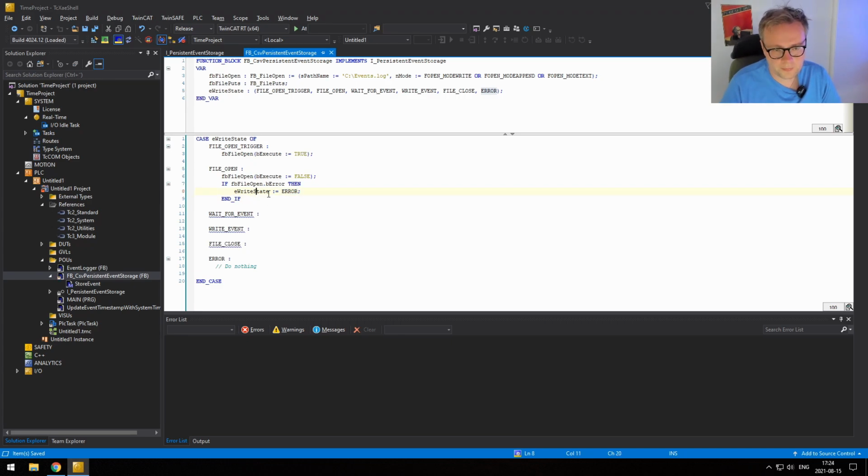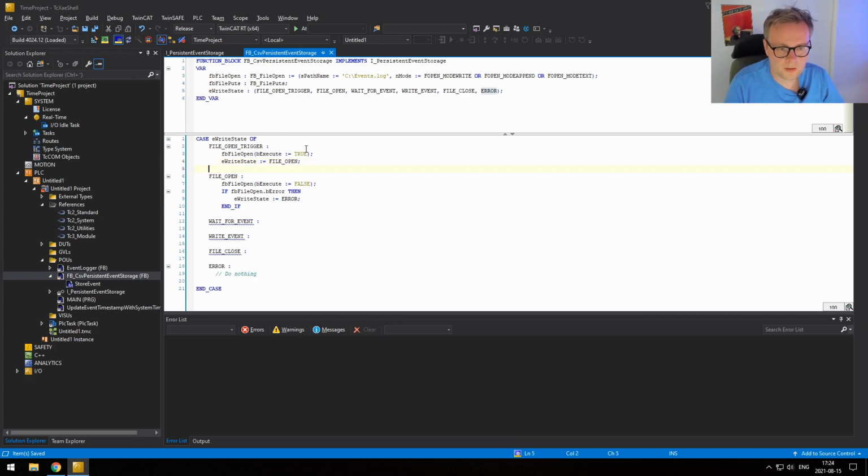And then we go to error. Oh, I forgot, by the way, that once we have triggered this one, we need to go to the next step. So we need to set that write state is equal to file open. Then, next check is else if FB file open is not